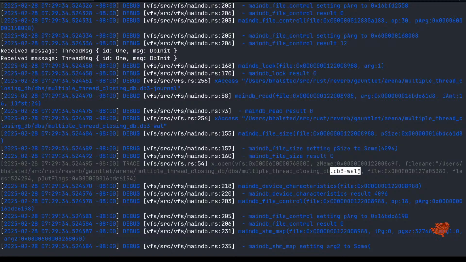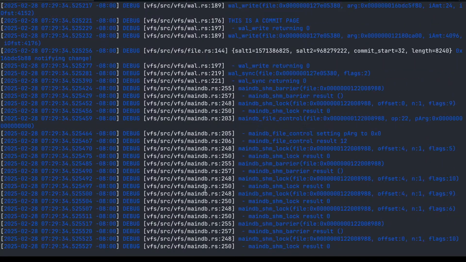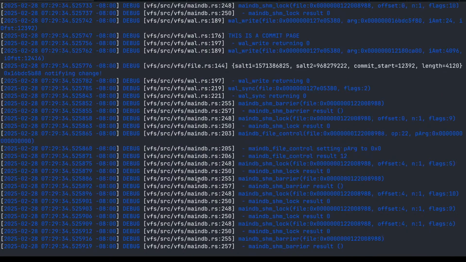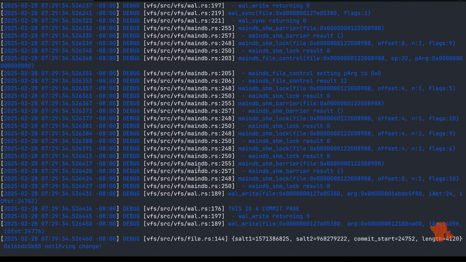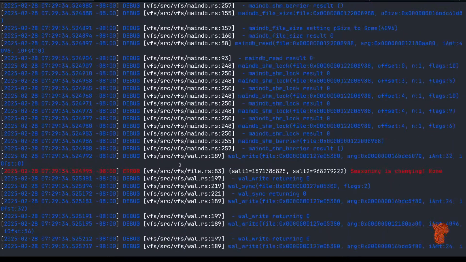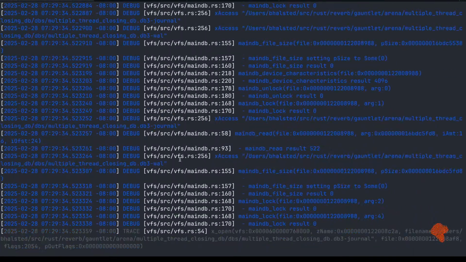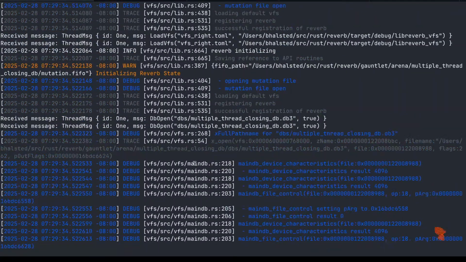There's the wall opening. And yeah, it just doesn't open the second file, which is fascinating, right? Like we tell it to open it second time. Maybe I only looked at the second one. Let's keep going back.